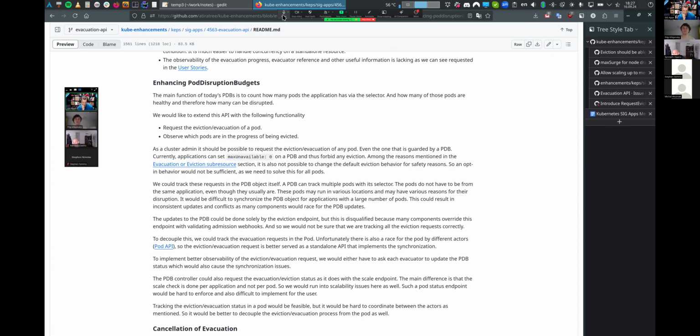We can have the process observable. If we have the evacuation object, we can actually observe what each entity is doing. And as I said before, today, when somebody is blocking the requests, you do not have the observability.